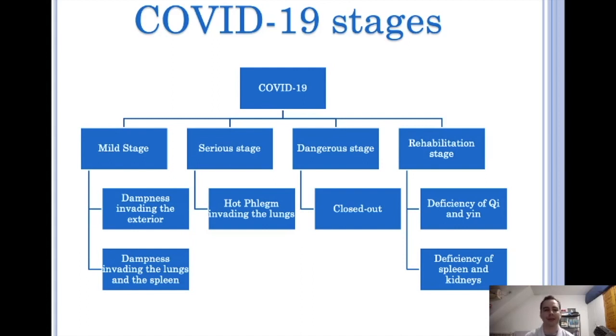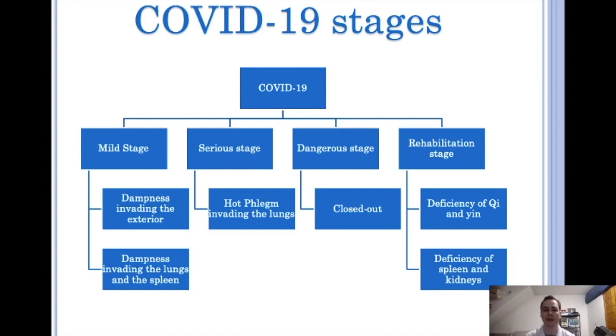And then we are going to have a dangerous state. Most of the patients at this stage lose consciousness, and it's really bad. We call it dangerous state, or I call it dangerous state, because on this stage the patient can die. So the probability for a patient to recover from this stage is lower than the other two stages. Okay. And then we're going to have a last stage that is a rehabilitation stage.